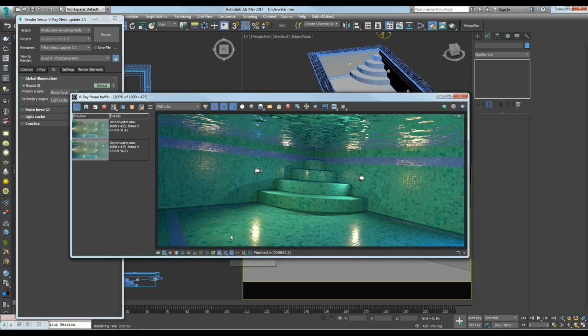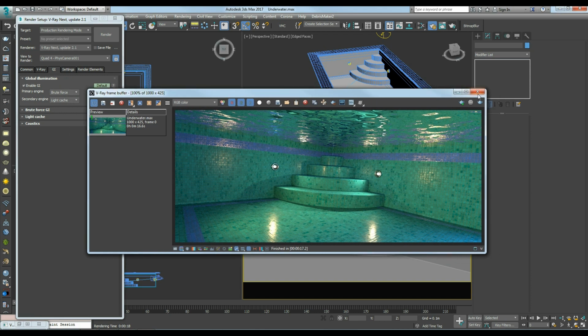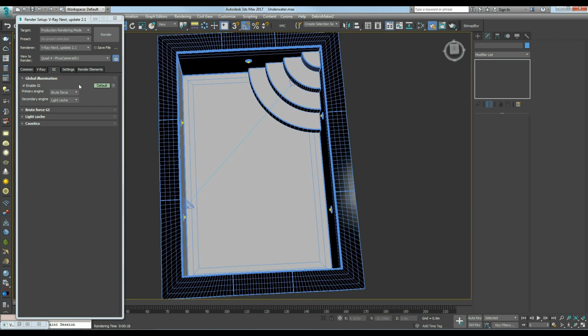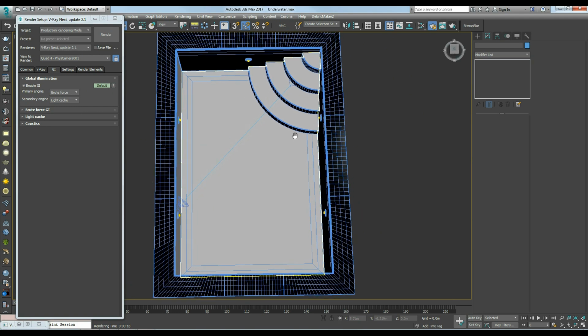I'm going to save this image here, and as you can see, this scene doesn't have a big size, and you know that global illumination is about bounces, the bounces of the light.